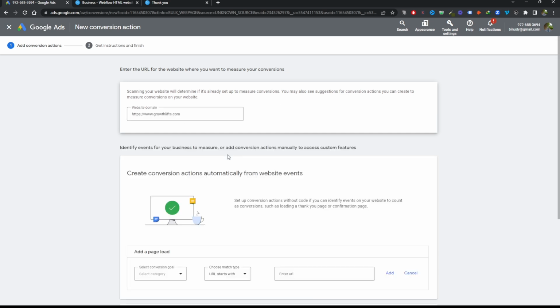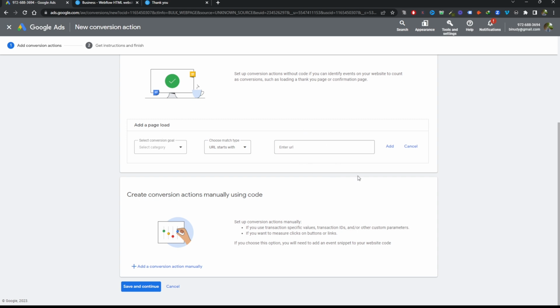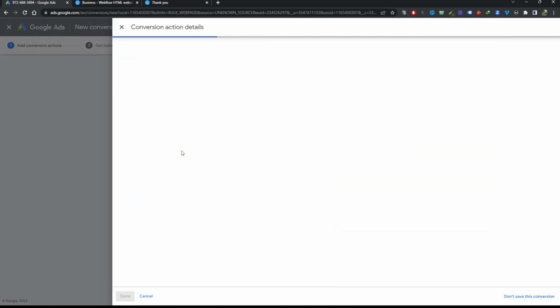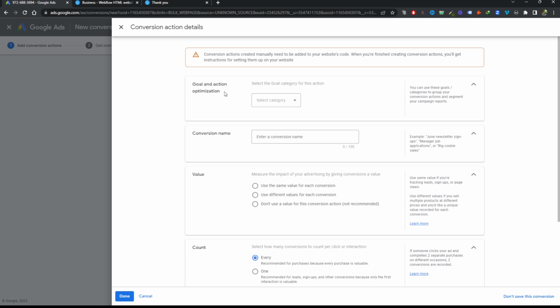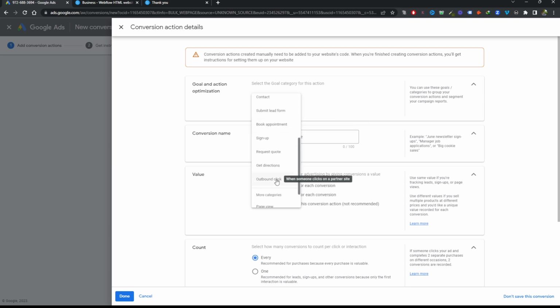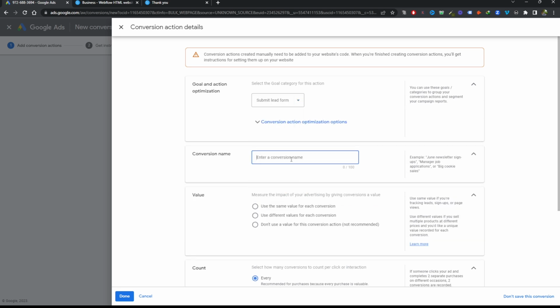Click on scan. What I'm going to do, I'm going to create the conversion manually, right? So scroll down and add a conversion manually. Click on this option. You have to select a category from here, right? So click on this, and for this conversion tracking, I'm going to select submit lead form, right? So once again, I'm going to name it lead form submission from the landing